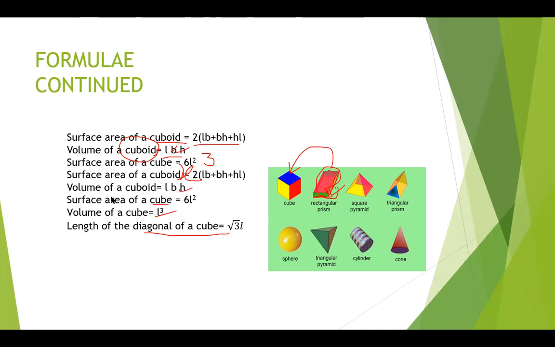Then surface area of a cube. In the cube, we have 6 faces here. 1, 2, 3. Then one more is the backside. This will be 4, 5, and the backside to this one, there are 6 faces. Each face looks like a square, which means the surface area of every square is L square. Like that, there are 6 faces, so the surface area of a cube is 6 L square. Then volume of a cube. You have seen the volume of a cuboid is length into breadth into height. In case length equals breadth equals height, then it becomes the cube. So all are L, which means the volume of a cube is L cube.